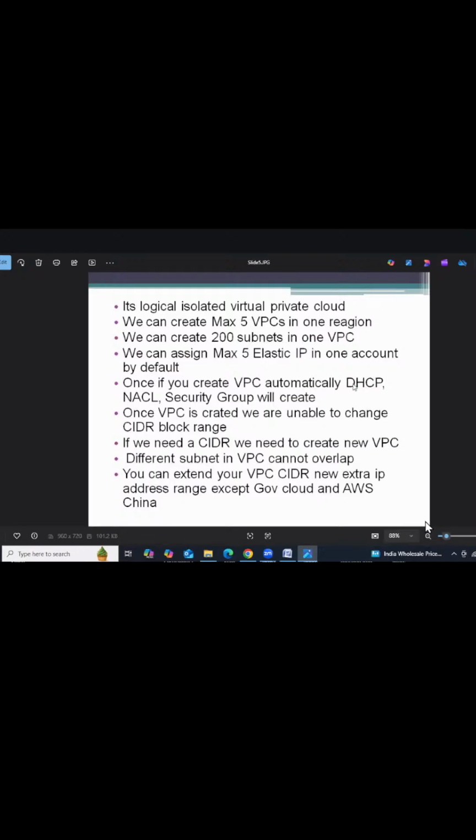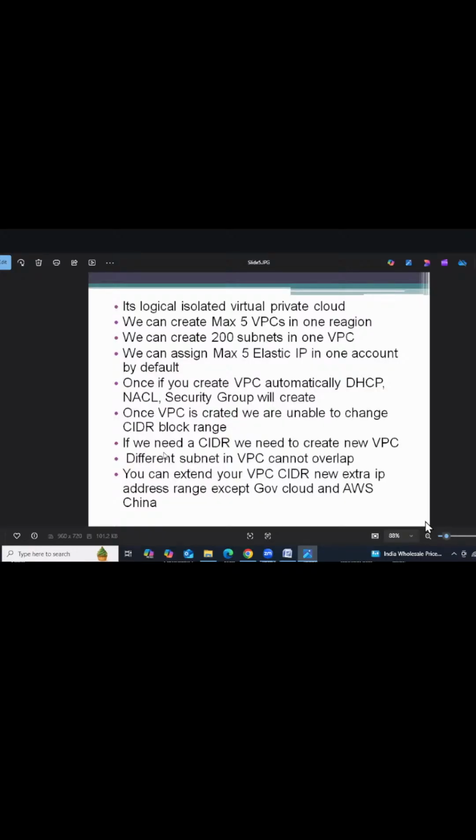It is going to assign automatic IP addresses to each and every instance in that VPC, right? Once the VPC is created, we are unable to change the CIDR block. We provide a CIDR block like /16. Once you have created it, you cannot change it, but you can create a new one, update it as the primary, and then delete the old one. Got it, guys? So clear.